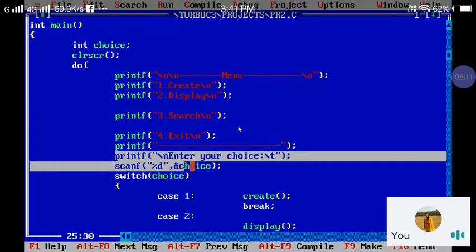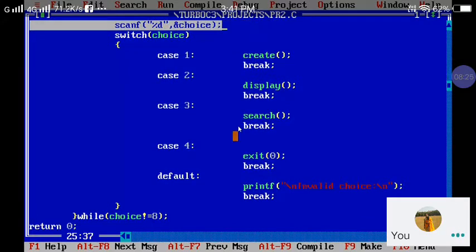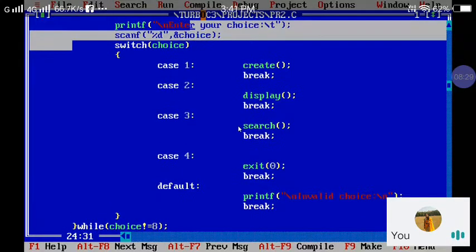Next I am going to accept the choice, 1, 2, 3 or 4, from the user and store it in my choice variable. After that, this choice variable I am going to pass to my switch, written as switch in brackets choice.